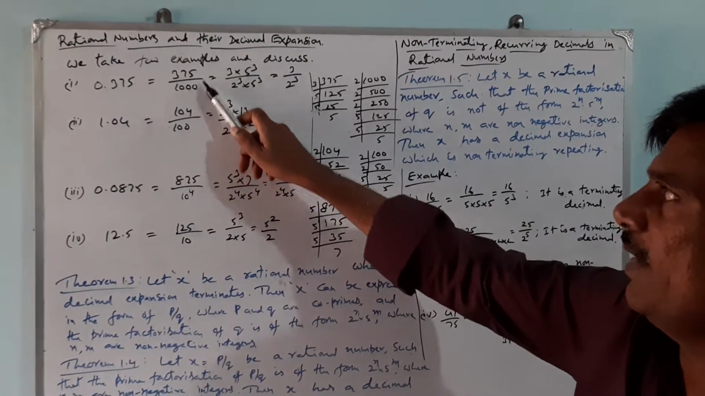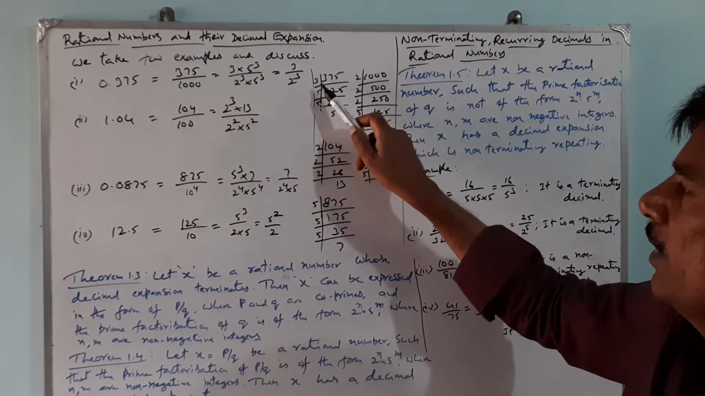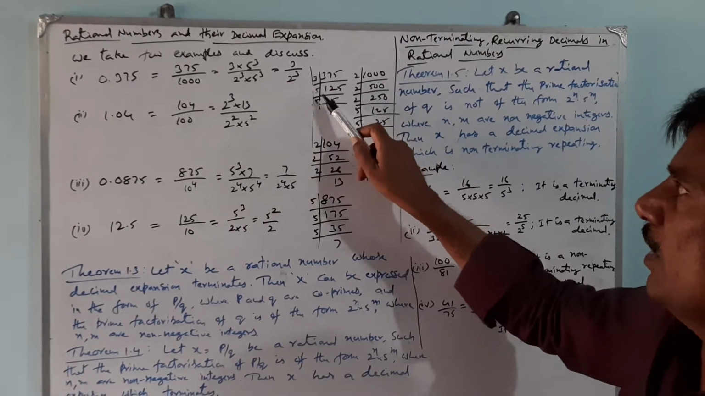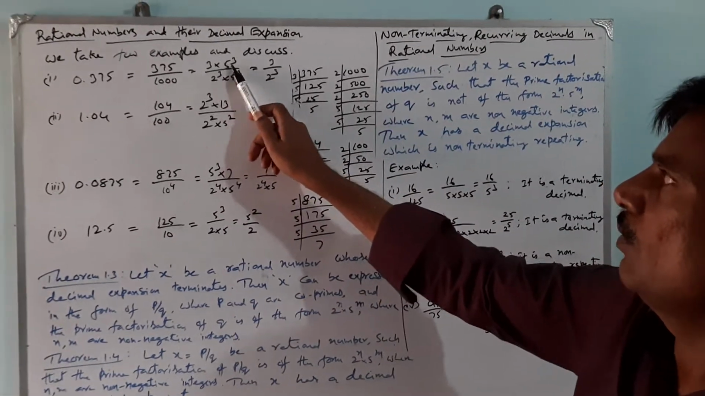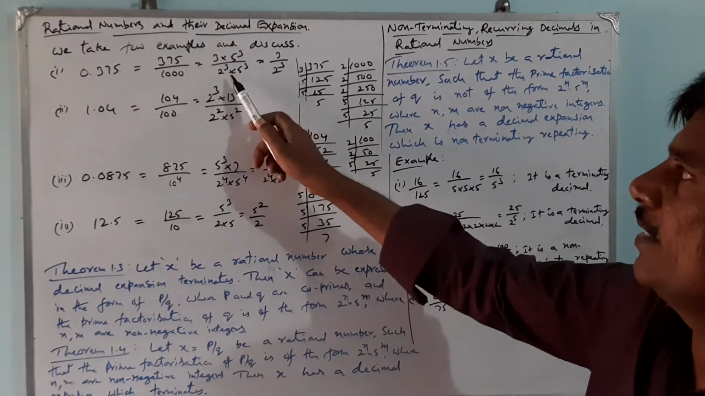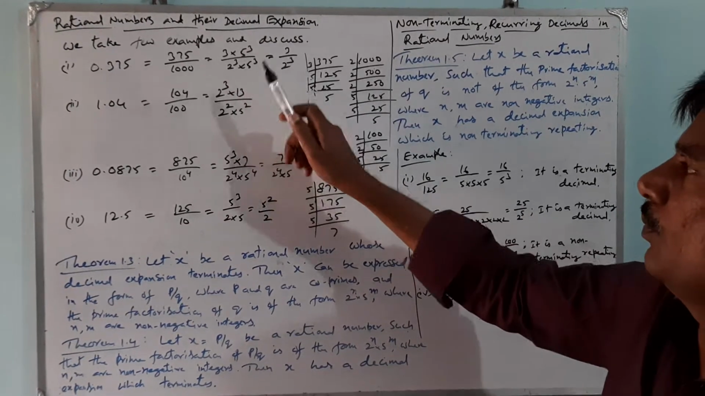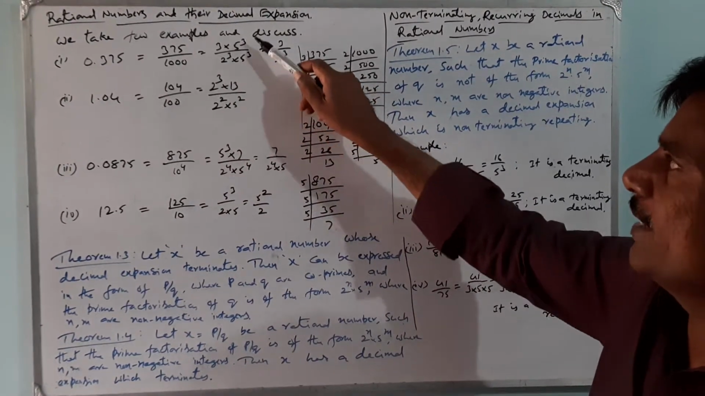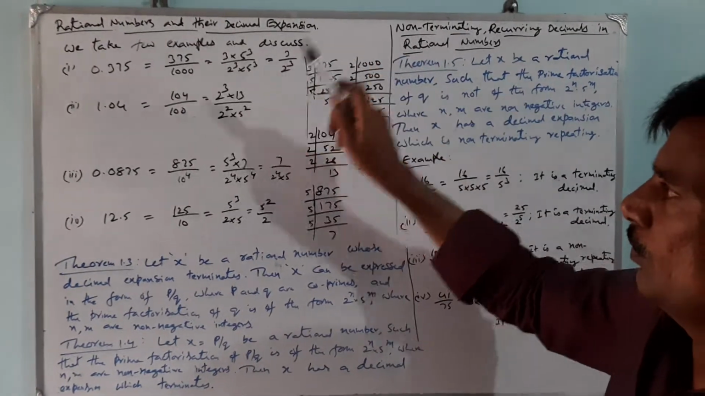This can be prime factorized in this manner. 375 is written as 3 times 125, 125 is 5 times 25, 25 is 5 times 5, which means 3 into 5 cubed. Similarly, 1000 can be prime factorized and written as 2 cubed and 5 cubed. So 5 cubed gets cancelled. It remains 3 by 2 cubed. Similarly,